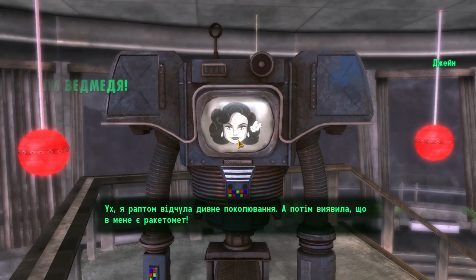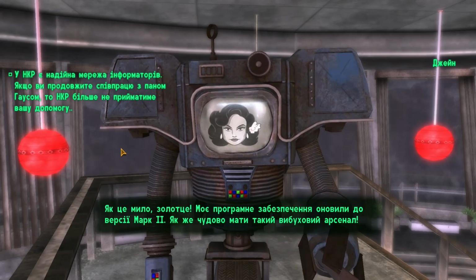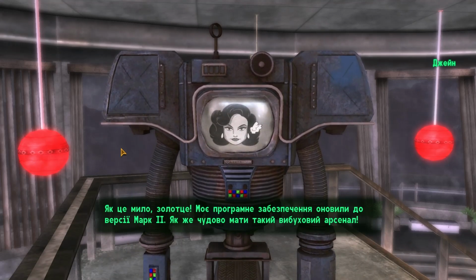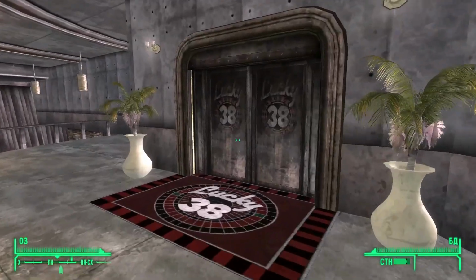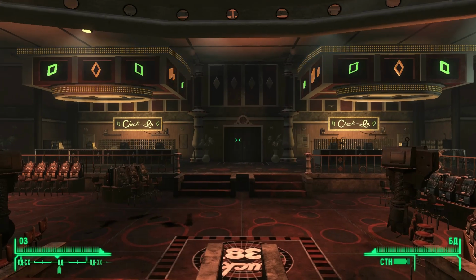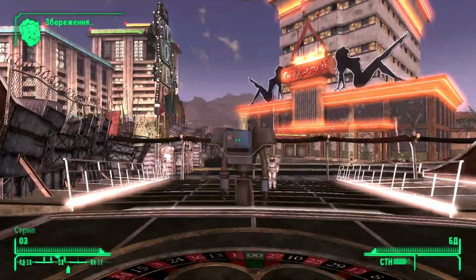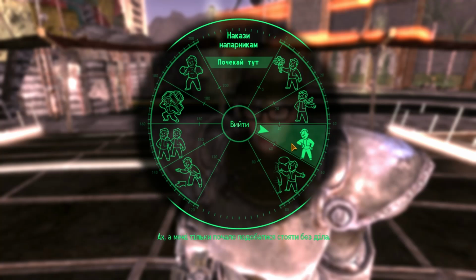Suddenly I feel all tingly, and I find I've got a rocket launcher. How sweet of you to notice, sugar. I've been upgraded to the Mark II software, and it's peachy having these high explosive weapons fully accessible. Aw, just when the standing around was getting...